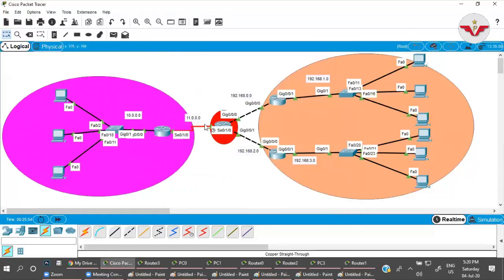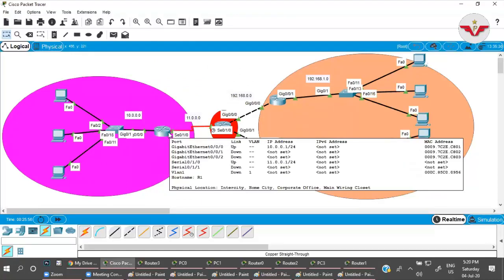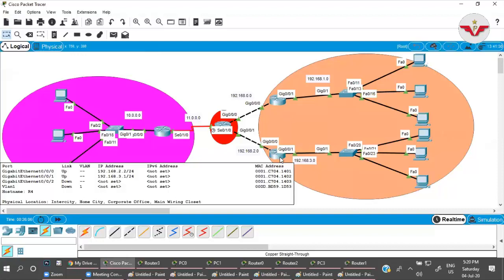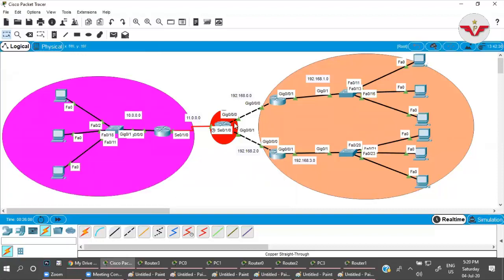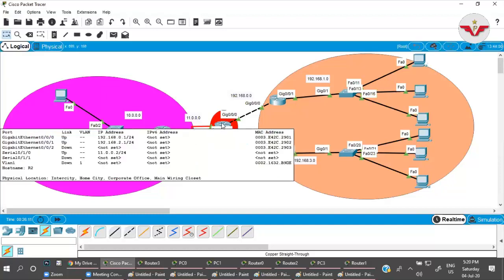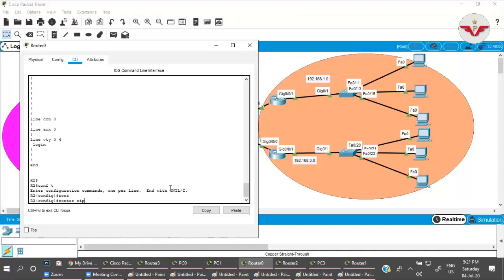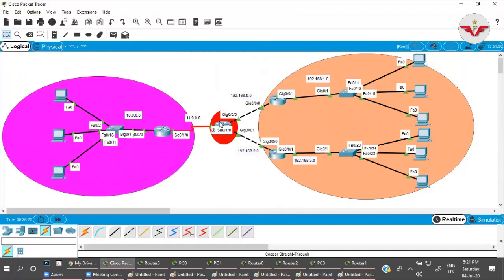The logic of static routing is, if the default routing is informed to this router, then this router will understand that there is some default route, or that other networks can be reached through this router. The same thing we will do here, with only one command. We have configured router RIP, so we will go to router RIP. I will inform that this router has the information about the default network.